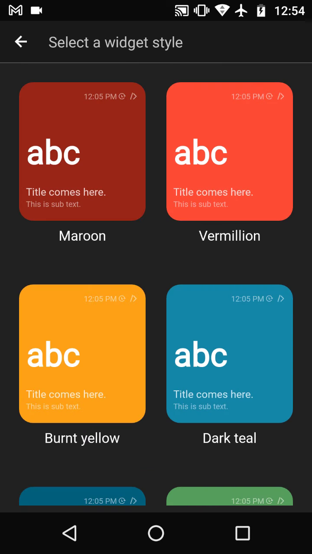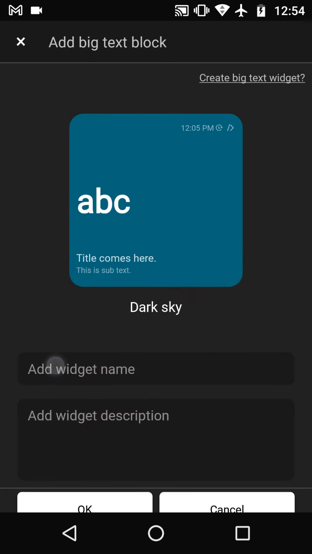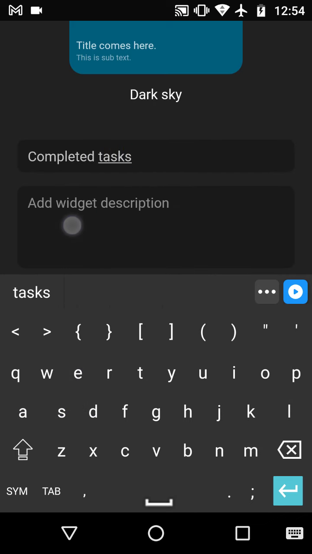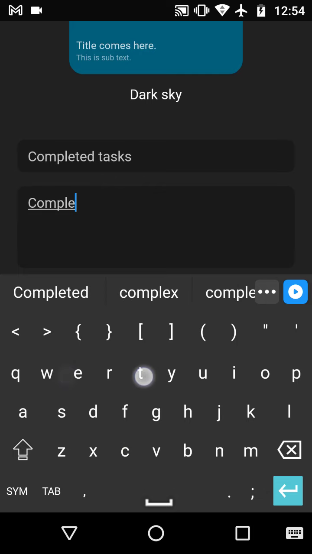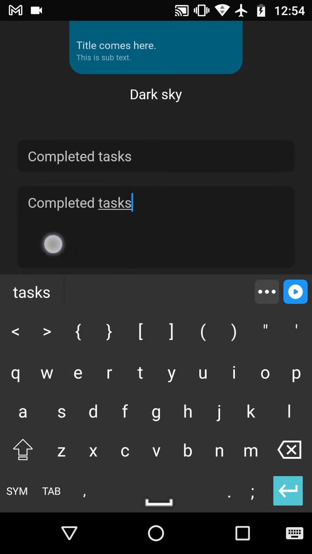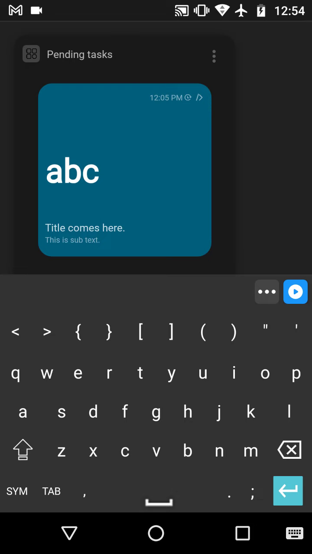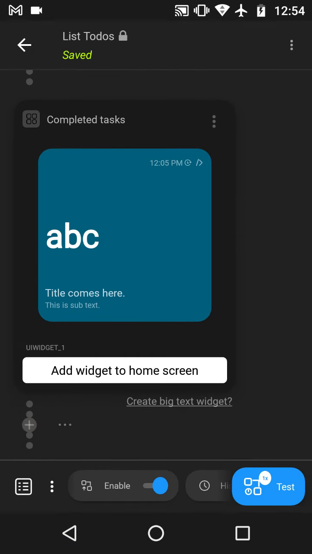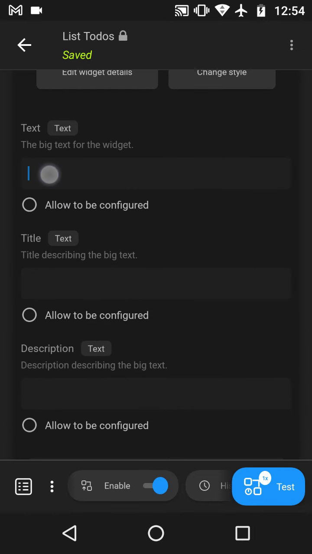I'm going to add another widget for tasks that are completed. Similarly, name it completed task. All done. Press OK. Go back and expand this completed task one.